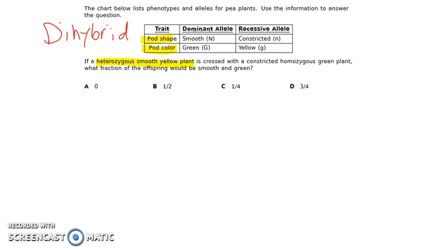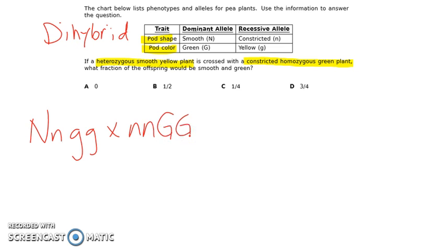heterozygous smooth, and also yellow. To be yellow, they must be homozygous recessive, is crossed with, let's see, the other parent is constricted homozygous green. So constricted is the recessive, so that's homozygous to be constricted, and green, homozygous green, which is the homozygous